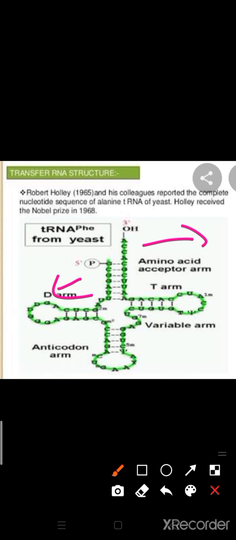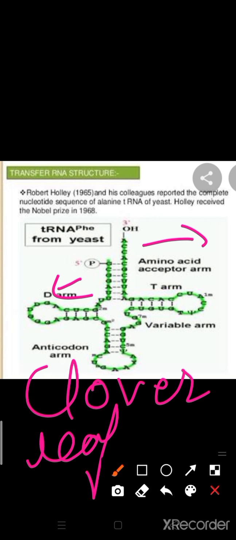Clear? But as you know, nitrogenous bases can make hydrogen bonds. Because of this only, tRNA has one specific type of structure, and this structure is known as the clover leaf model. One question was asked in one examination, I have also heard it, that the clover leaf model is